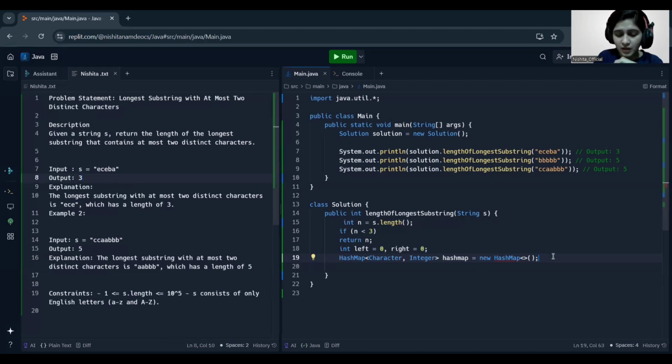So this is our hash map. Don't worry, I'm going to dry run this code after writing the whole code, so you will understand how the problem is being solved by using the hash map and the two pointers. Next, we are going to